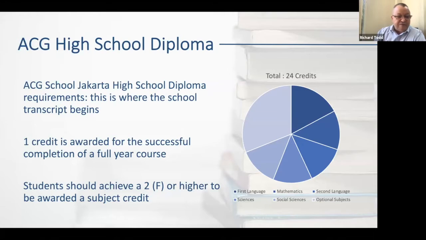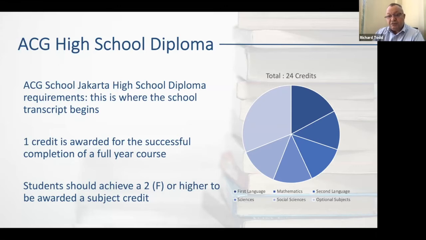The reason I want to emphasize this is because if your son or daughter decides to go on to a university to study, all of them are going to be looking at 4 years of transcripts. Virtually all universities around the world will want to know what you've been doing and what grades you've been getting for the last 4 years, not just how you exit the school. So it's really important that you leave our high school with a diploma, but also with a transcript that's going to help you to do what it is you want to do. So these are the requirements.